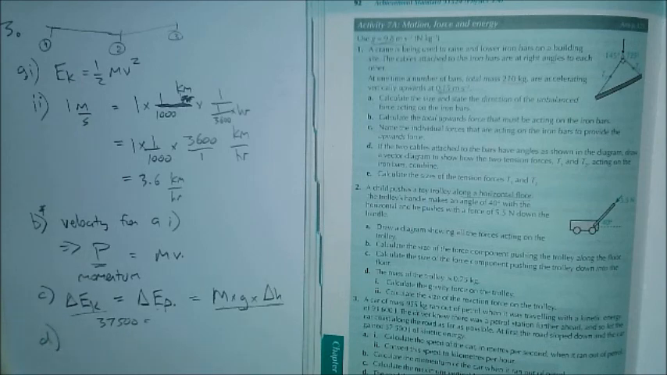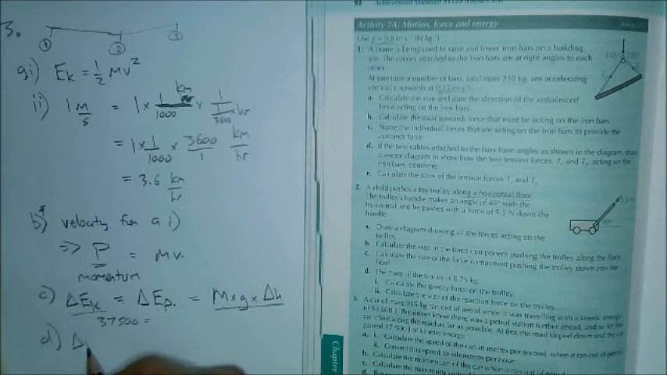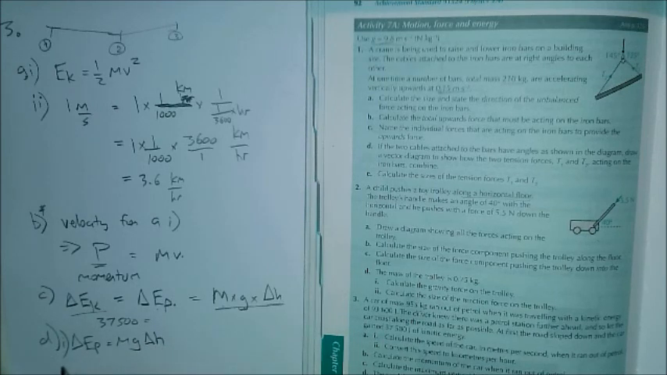Part D, one last tip here. The road then started to go uphill and the car eventually coasted to a halt after it had gained a vertical height of 11 meters. Calculate the gravitational potential energy the car gained as it coasted uphill. So again, delta EP equals mg delta h. Now that's going to give you an